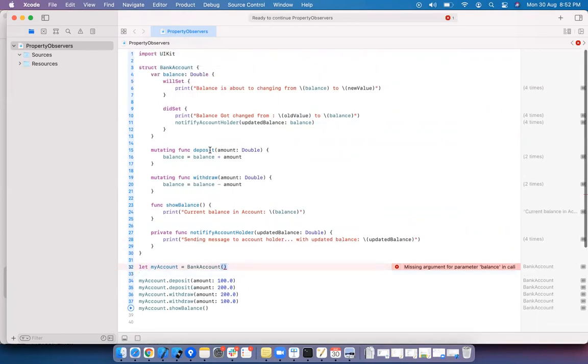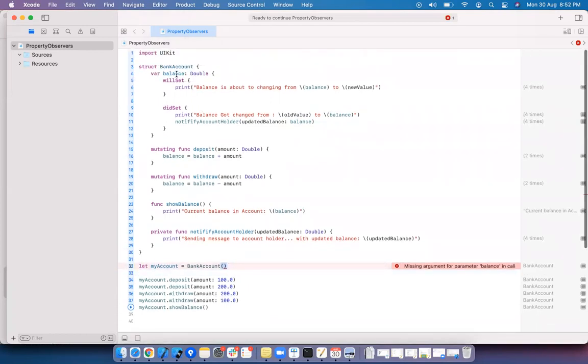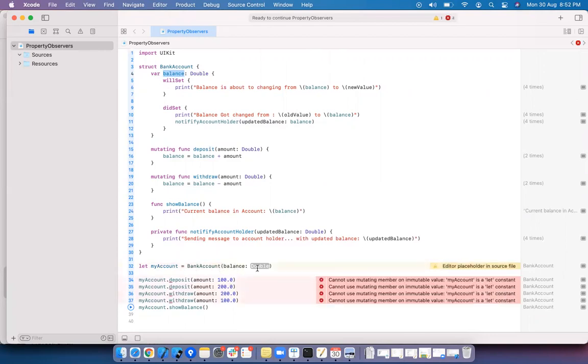Struct provides a default initializer with their properties. If you see here, I'll just use this. Here, struct by default is providing an initializer with their properties. It is saying, do you want to create the bank account? Then pass these parameters.